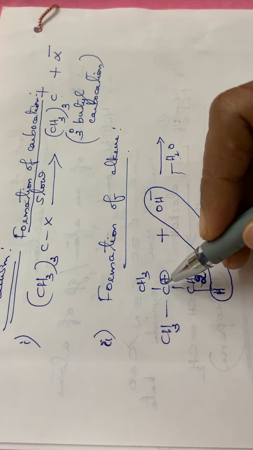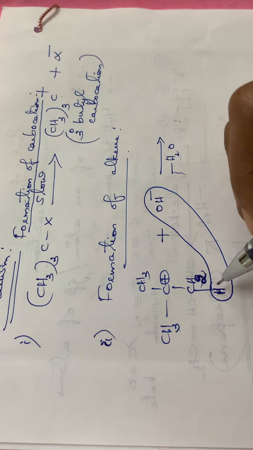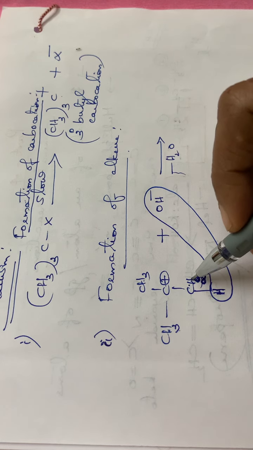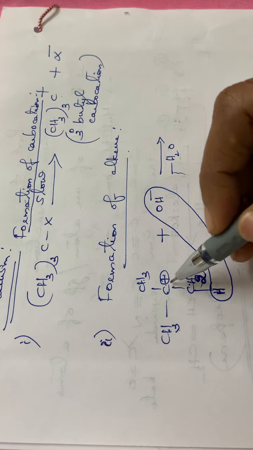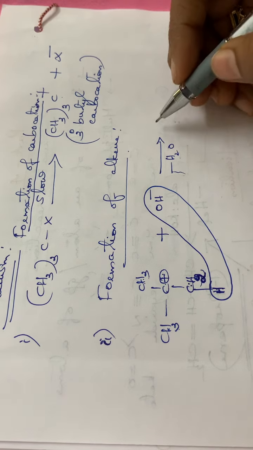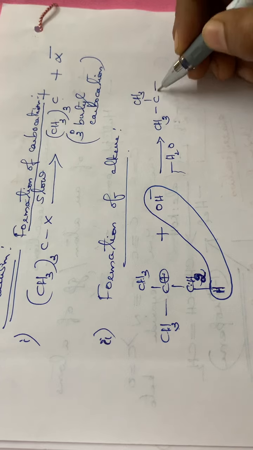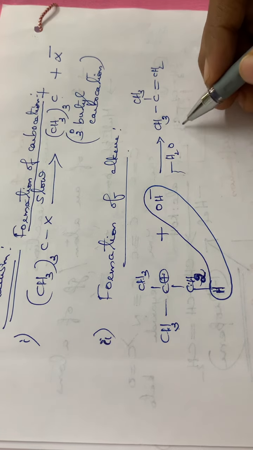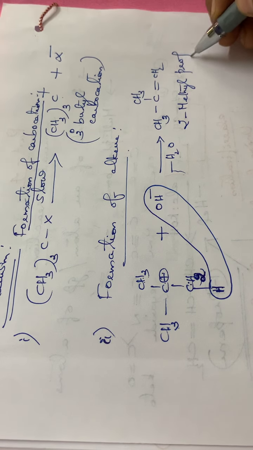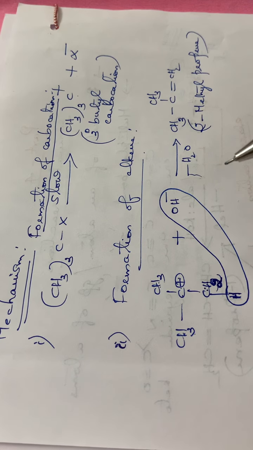Here, CH3, CH3, and a double bond. The CH2 will be getting a negative charge after the proton is eliminated. So the CH2 minus and the C plus will form a bond: CH3, C double bond CH2, single bond CH3. I'll write it in a straight chain: C(CH3) double bond CH2. This is 2-methyl propene, which we had already written. So these are the two steps involved in E1 elimination.